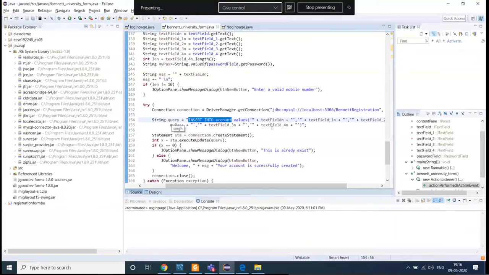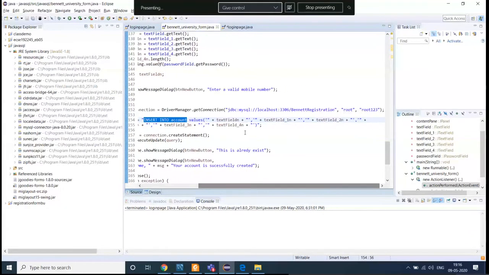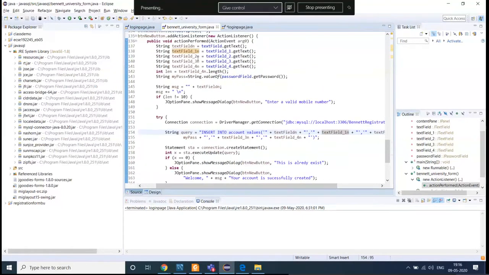Now inside my account table, I am basically inserting some values. How am I inserting those values? Through these variables, and these variables are holding the text which we are entering in these text fields.